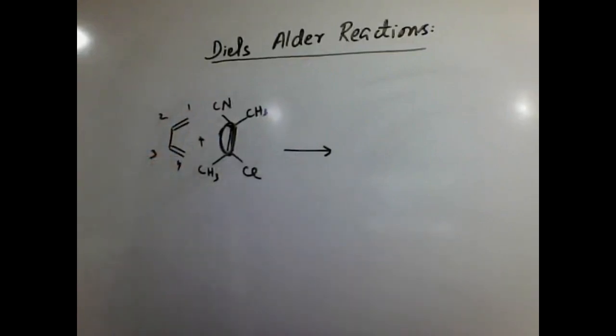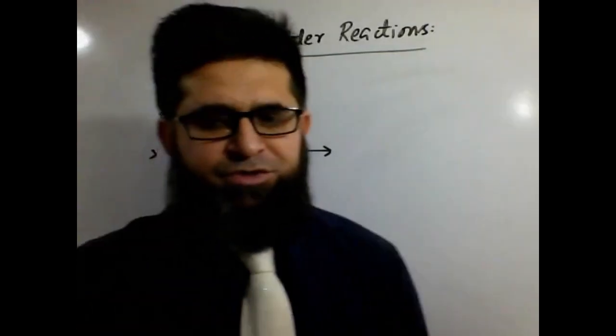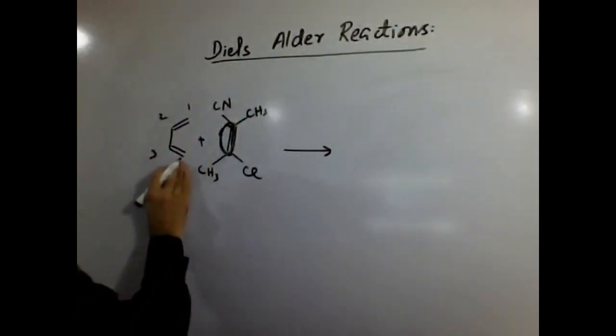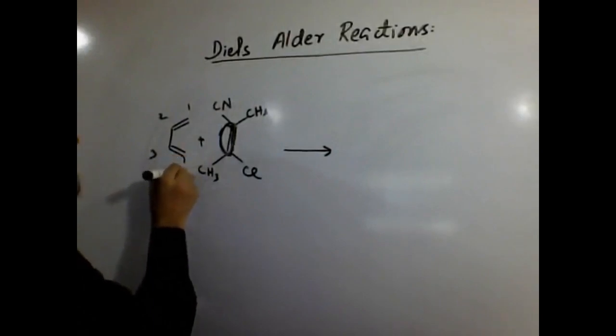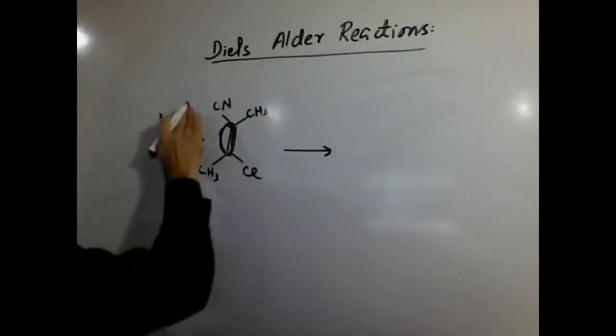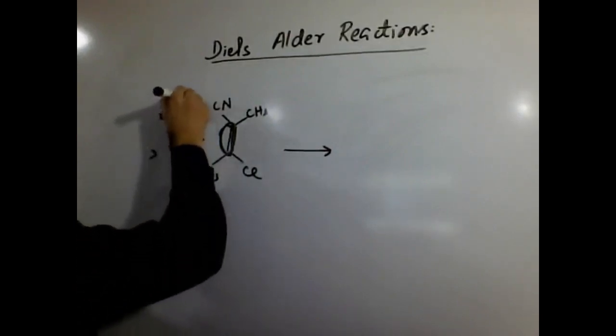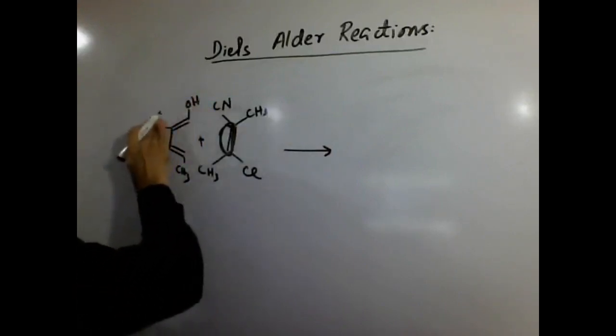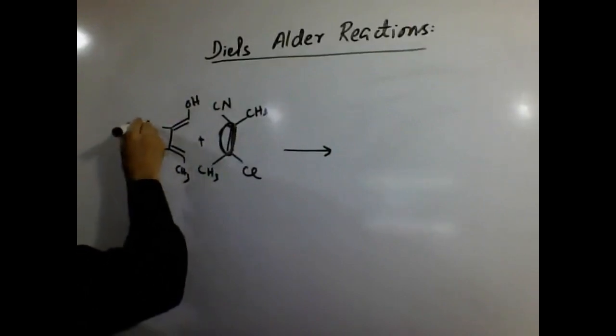Every carbon can have a different sort of substituent. No issues. Let's say this carbon number 4 carries CH3. This carbon number 1 carries OH. Carbon number 2 and carbon number 3 carry some other substituent, like you can put in a cyano group,